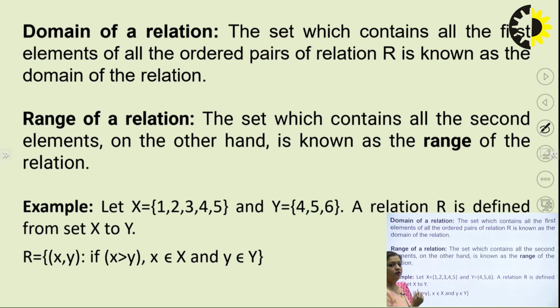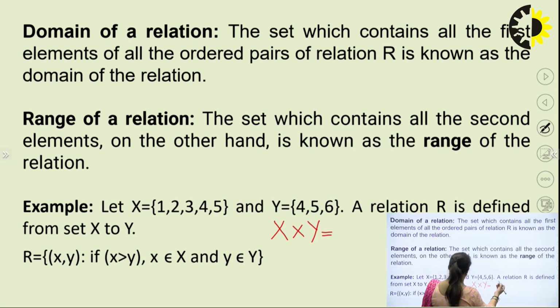So, that means the first component has to be from set X and the second component will be from set Y. Now, the definition of the relation says that it will contain all the (x, y) pairs if x is greater than y, such that small x belongs to capital X and small y belongs to capital Y. Now, if I want to list down all the pairs in the Cartesian product, we will have a number of pairs in the Cartesian product which will have